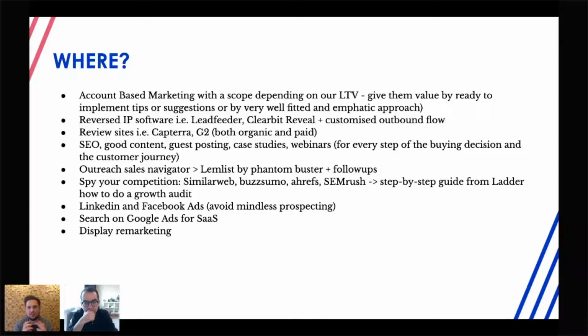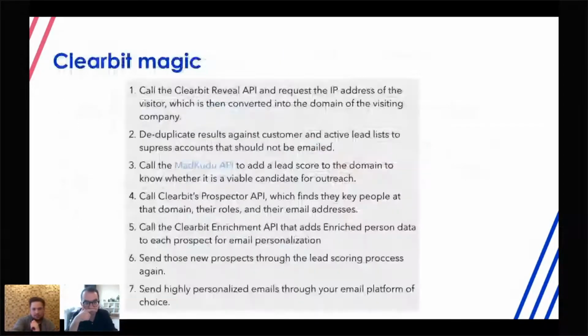An example is reverse IP software, which is one of the tactics that account-based marketers are using. This is a software tool that identifies companies that were on your site, and based on this, you can create a dedicated outbound flow to reach them. On the next few slides, this is one example of how Clearbit Reveal can do it, by implementing this software and requesting the IP addresses of visitors. After that, you basically deduplicate the results against your customers, just to get a list